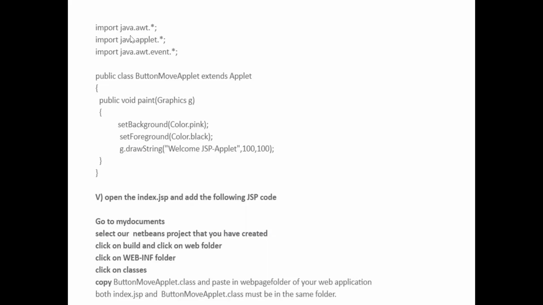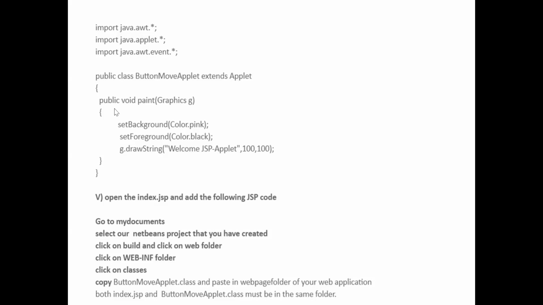So I can import java.awt.*, import java.applet, and I can use some Java abstract window toolkit events also. So the button move applet class will be extended by using the applet. So the public class button move applet extends the applet.